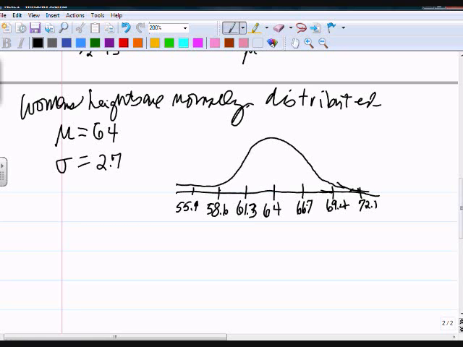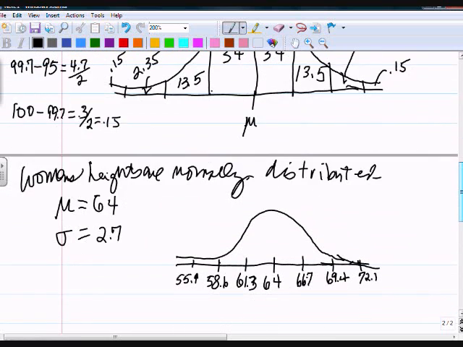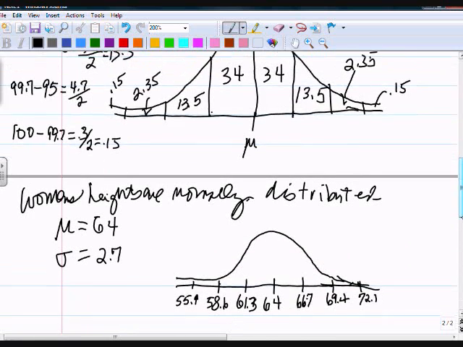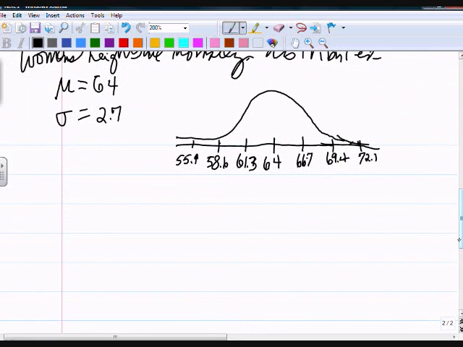Now I'm going to ask you some questions based on this diagram, those numbers, so hopefully you still have them. I'm going to ask you, what percent or proportion of women